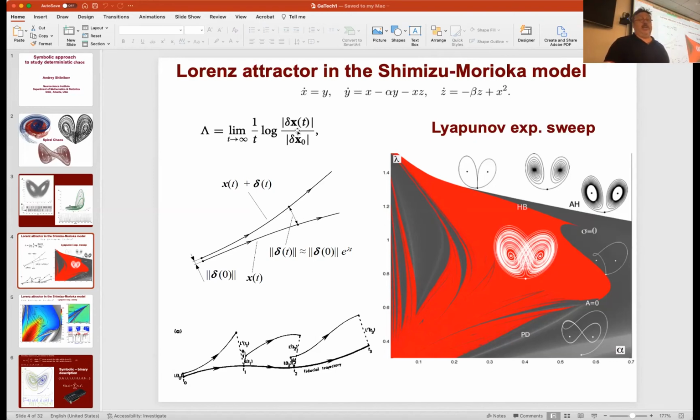If this ratio is less than 1, the log of this is going to be negative, and then you scale it by time, because the Lyapunov exponent is 1 over seconds or whatever. If on average the distance doesn't change, which means you're staying on a periodic orbit, and if the distance on average increases, then you are in this red area, which basically means that you have some kind of chaotic dynamics